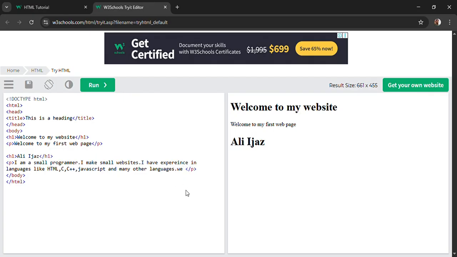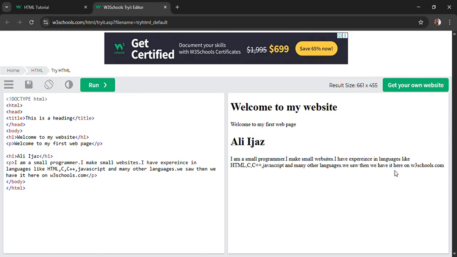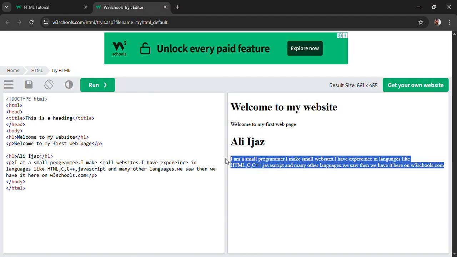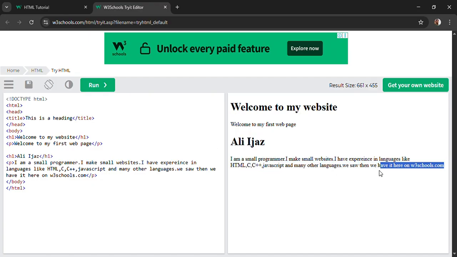We saw it here on w3schools.com. Then I run here. So here we can see the paragraph written here. I am a small programmer. I make small websites. I have experience in languages like HTML, C++, JavaScript, many other languages, and we saw it